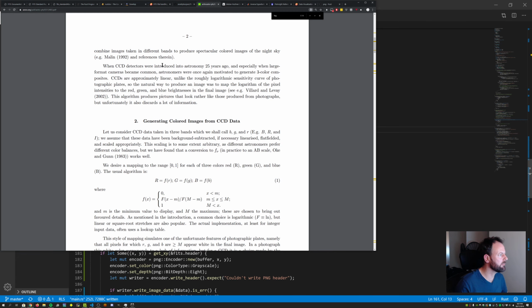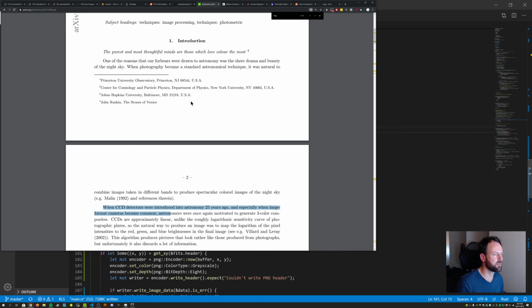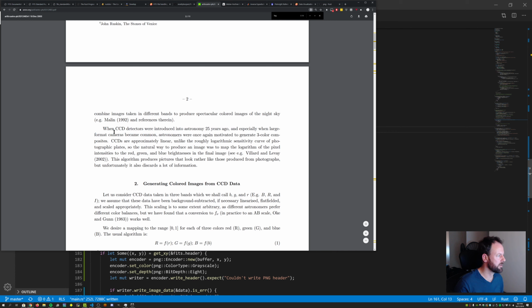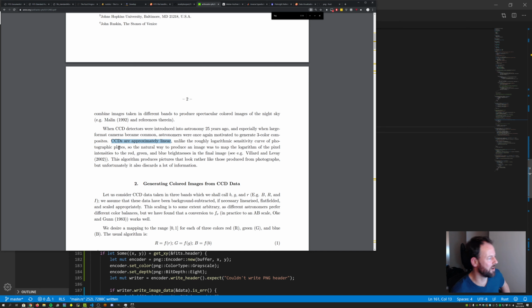If you look at just the introductory part of the paper, it says when CCD detectors were introduced into astronomy 25 years ago, CCDs are approximately linear, unlike the roughly logarithmic sensitivity curve of photographic plates. So back in the old days, olden years,